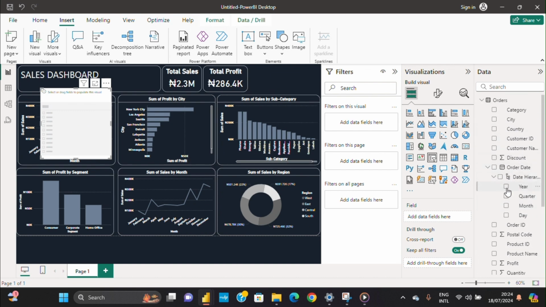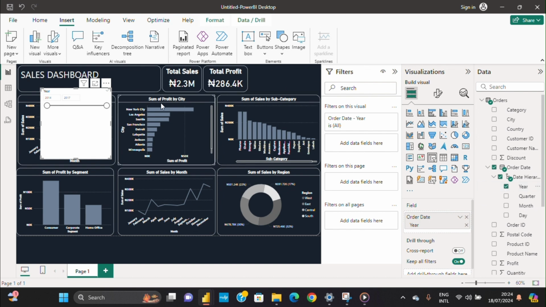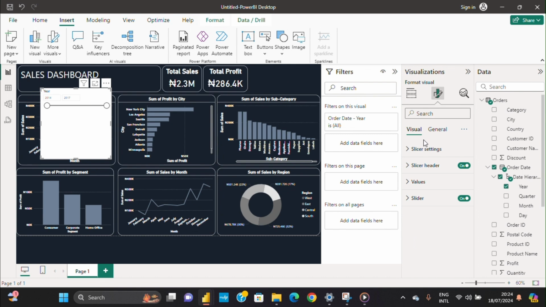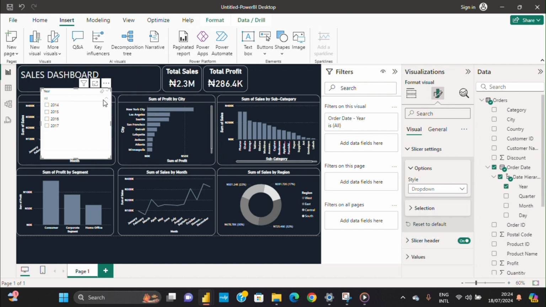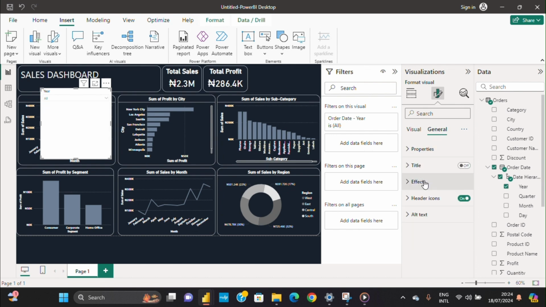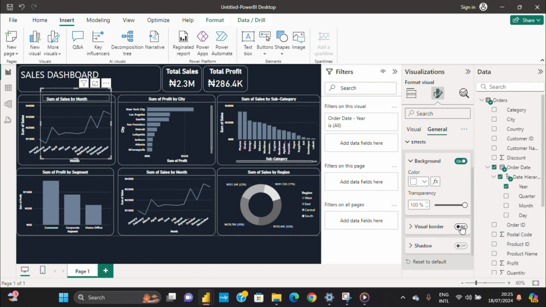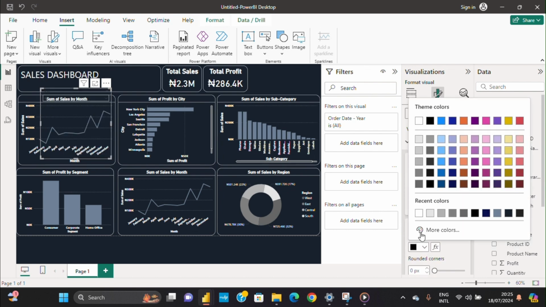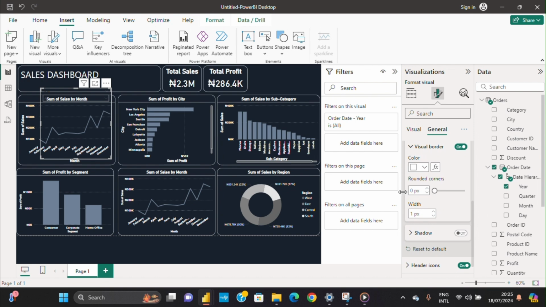Put up here, and then format this. I don't want to see it this way. So we'll click this to format slicer setting. Let it not be between. On this tile, change it to drop down so you can be able to see how many years you have. Okay. And then general effect of slicer. Remember transparency 100, visual border yes, color of the visual border to be seen yes, rounded corner to be 20 yes, and then